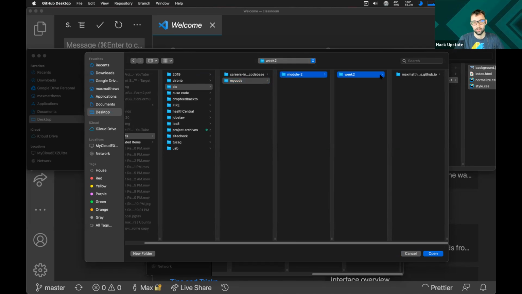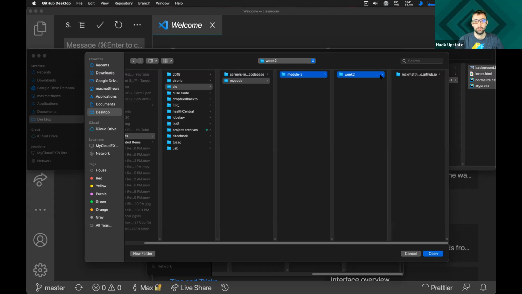site. Okay. So when I get to My Code in the Finder, do I click on anything or just leave it at My Code and open? Wherever you want your personal website folder to be created is where you want to select the local path. So if you want it in a week 2 folder, go ahead and put it in module 2 week 2. If you would rather have it be all the way up at the top level of My Code, that's completely